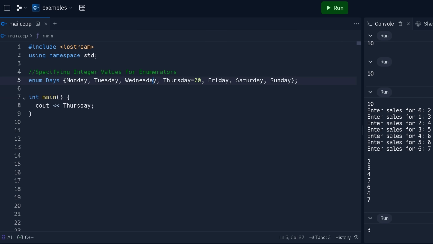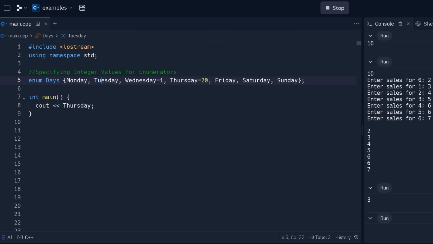Wednesday was 2. We can set this equal to 1. So Wednesday has the value of 1 and Tuesday has the value of 1. If I'm to cout again, run this again with our updated Thursday, you'll see it will print 20. So that's just another section of specifying integer values of